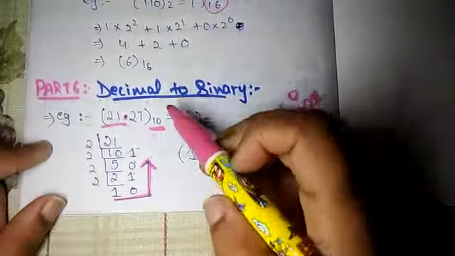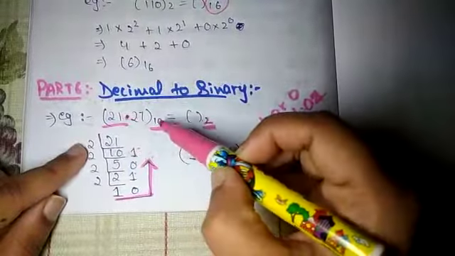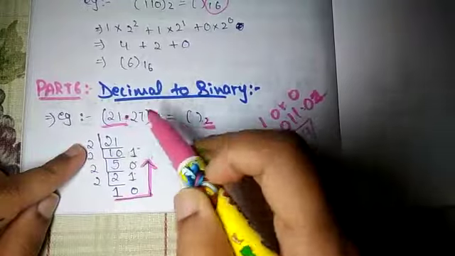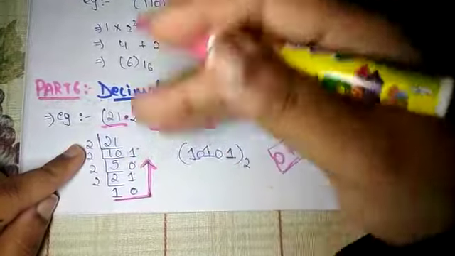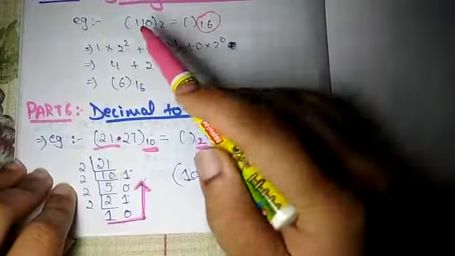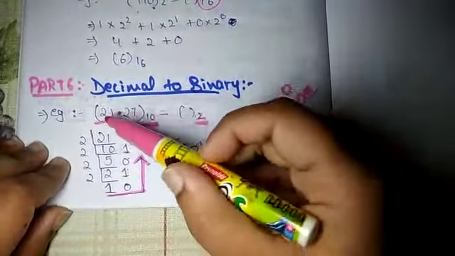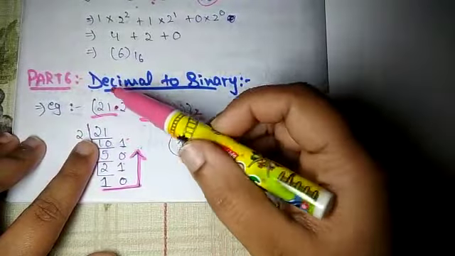So we have come over the decimal to binary conversion. Decimal to binary conversion means we have a base 10 number and we have to convert it to base 2, that is binary. From the above questions we have seen that the values were in ones or zeros, but now we can see that the values are in a 21.27 pattern.